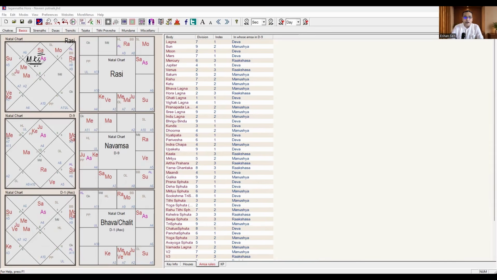And where is Saturn in the Navamsha? Saturn has moved into the 11th house of Navamsha in an unfriendly sign, an unfriendly sign of Mars with Moon. But he was the cabinet minister. How? Before answering how, let us move into the next, when he became the chief minister. This is also very interesting.